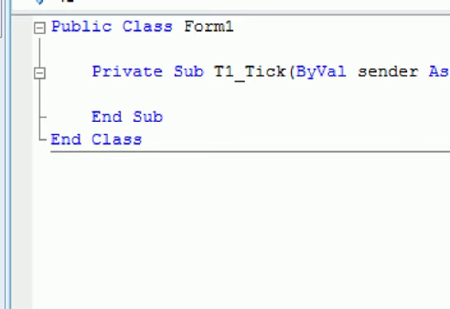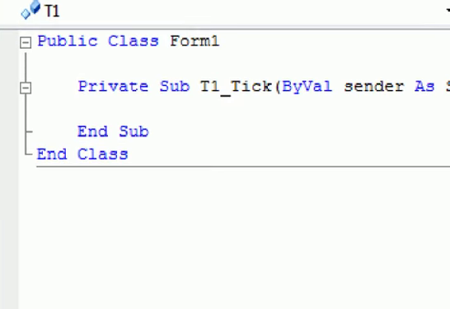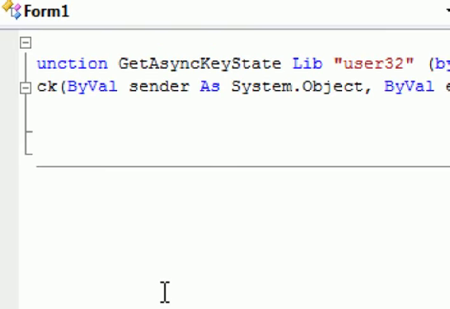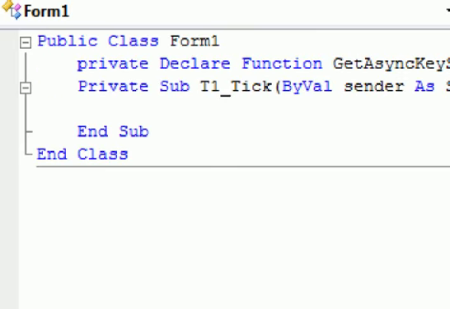Next you come down to your timer down here, double click it, and go inside the code. I copied some code, and I will paste this right at the top here, and I'll read it to you.